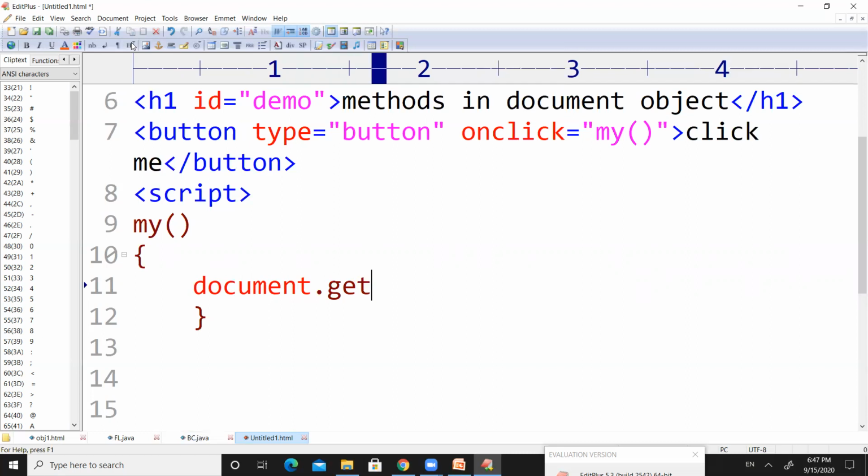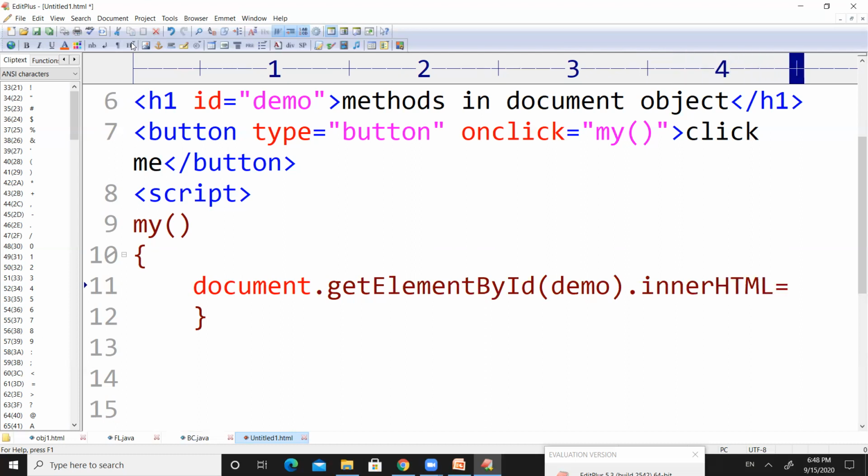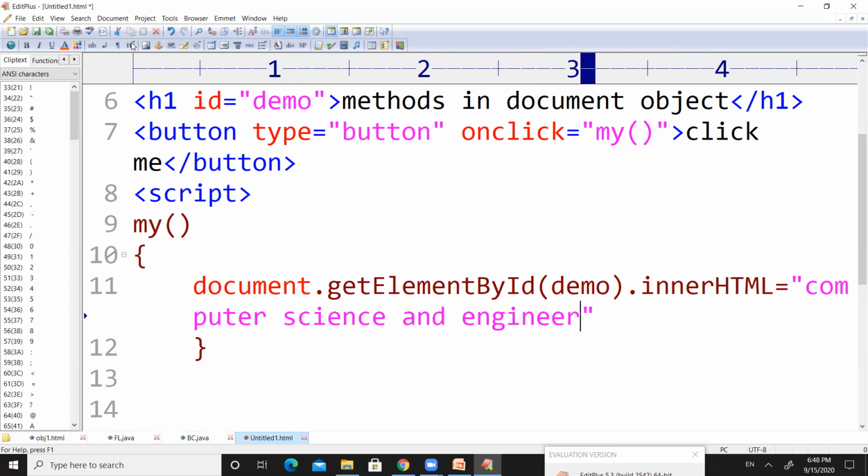So we have to use document dot getElementById, where the ID name is demo, and then dot innerHTML equal to something called computer science and engineering. I'm ending this one with a semicolon.